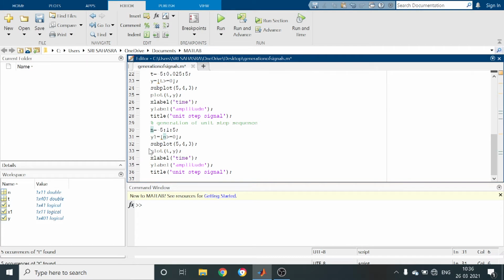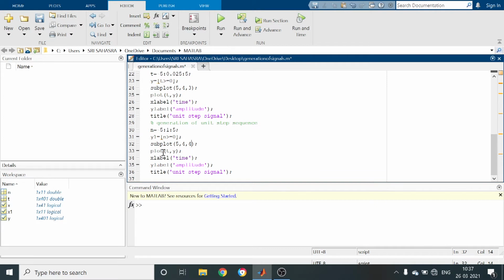Then in order to plot that sequence, we first have to use the subplot command. 5, 4 means the figure window is divided into 5 rows and 4 columns. 3 indicates this. Already in the third position we obtained the unit step signal. So now we have to write 5, 4, 4. In the fourth position we are going to get the unit step sequence.